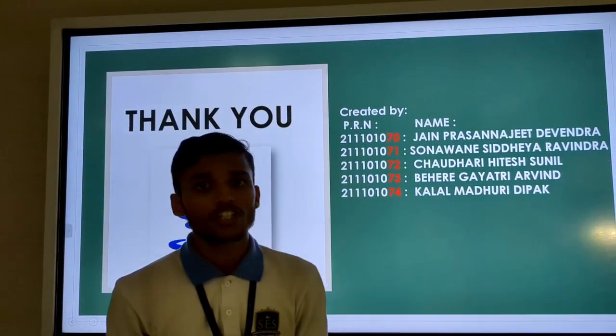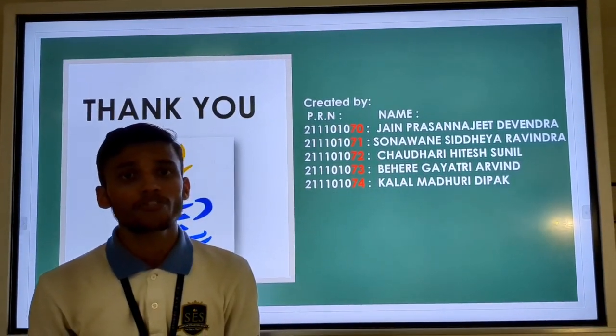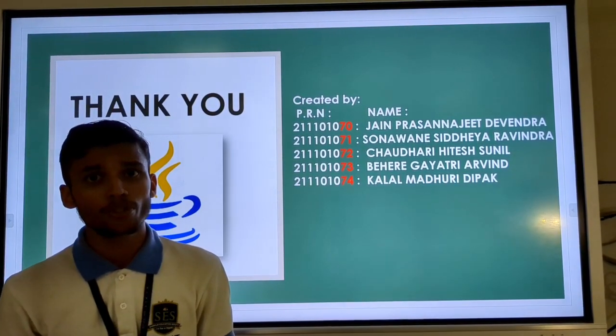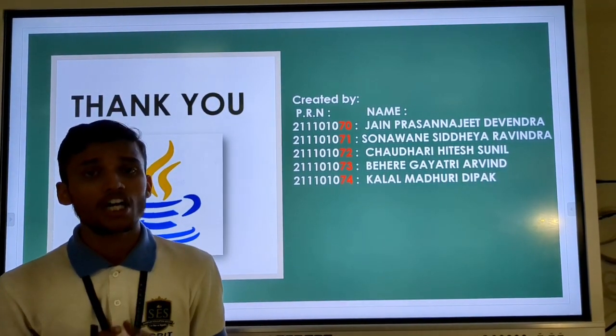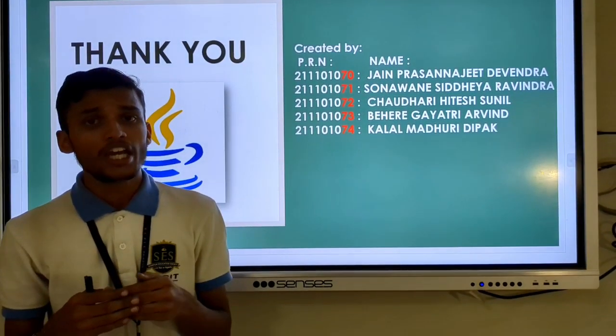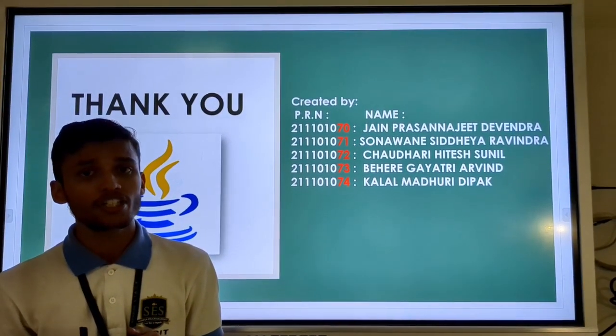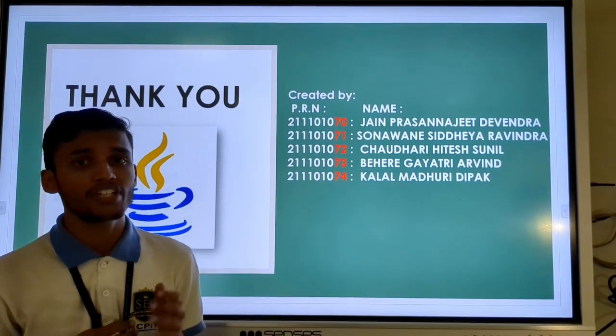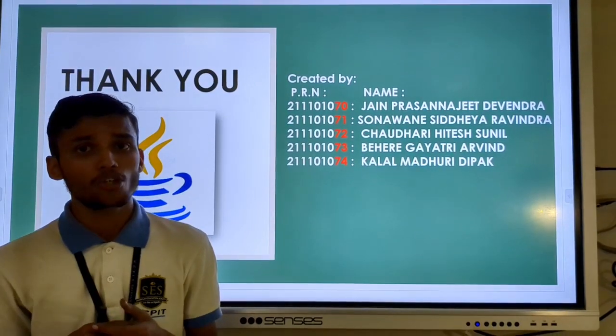Now we will go towards the conclusion. From this problem statement we have learned what consecutive numbers are, what non-consecutive numbers are, how to implement the Scanner class, how to use integers, how to take input, and at last, using the test method, we have seen how to use the Math class and check whether the given numbers are consecutive or not.